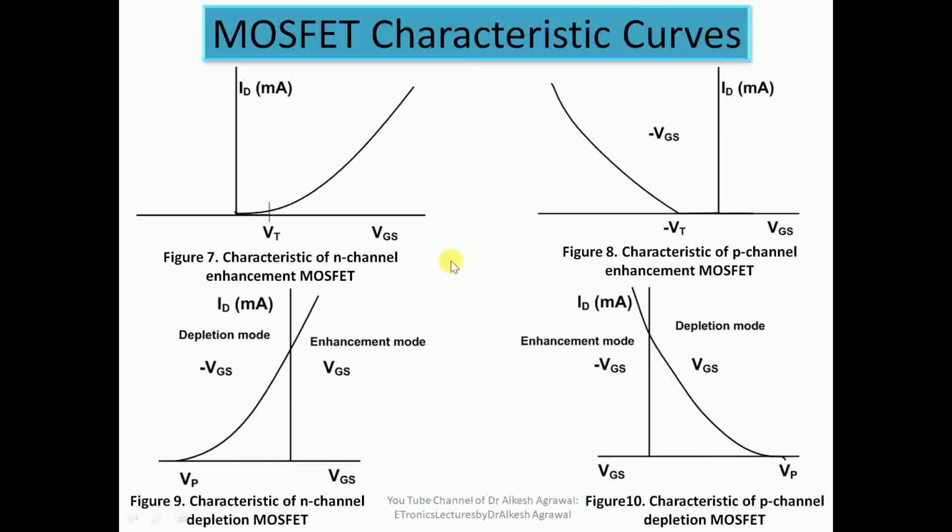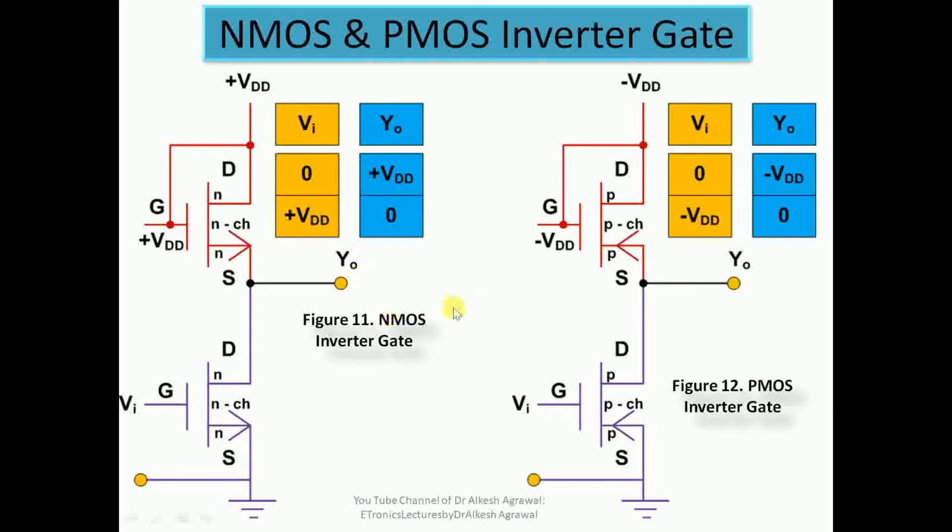They will again be helpful in understanding the working and implementation of gates. So let us discuss the inverter gate that is designed through N channel MOSFET and P channel MOSFET. Here you can see in figure 11 we have N channel MOSFET. We have two transistors, the upper transistor and the lower transistor. In the upper transistor we have a drain, a gate, and a source. Again, in the lower transistor we have a gate, a drain, and a source. Both are connected in cascaded form.